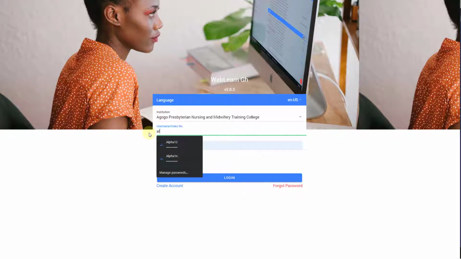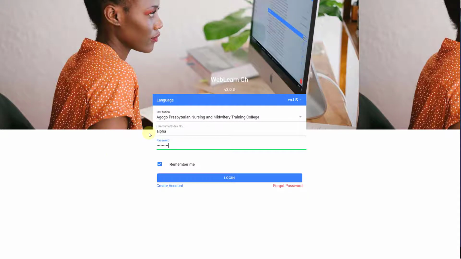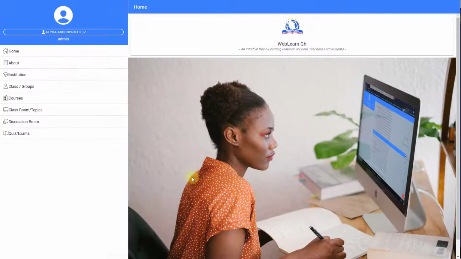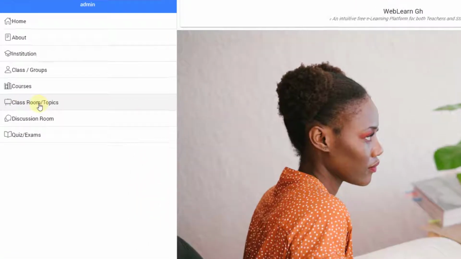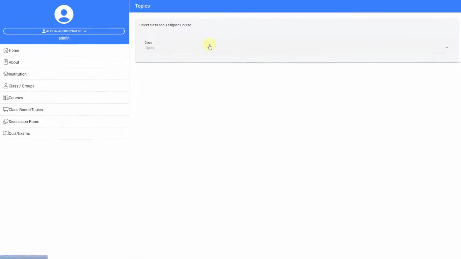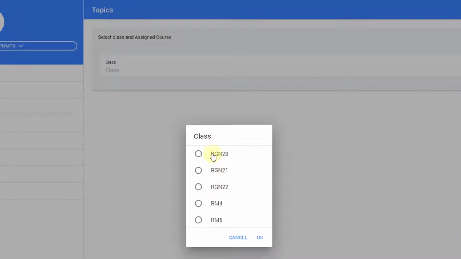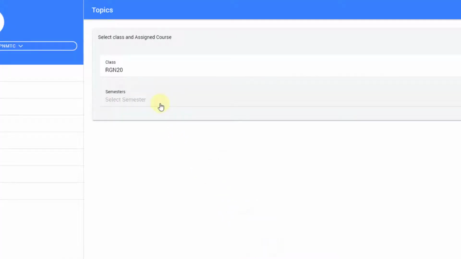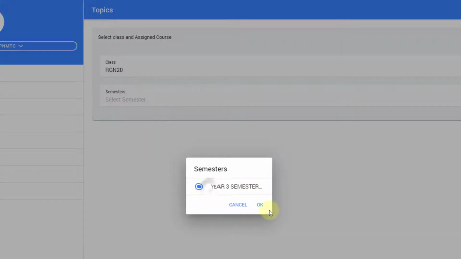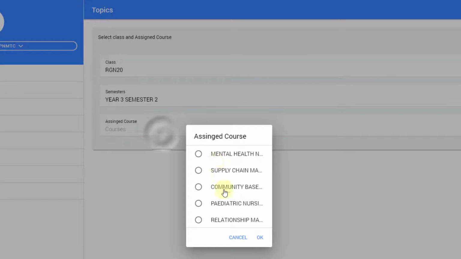So now let's look at how you can set up your course materials or lessons for your students. So you log in. The first thing you have to do is go to a classroom or topics, and then as a tutor or admin, you'll be able to access the courses or classes assigned to you by the system administrator. So selecting RGN 20 and then selecting a semester, I'm given access to all the courses within that